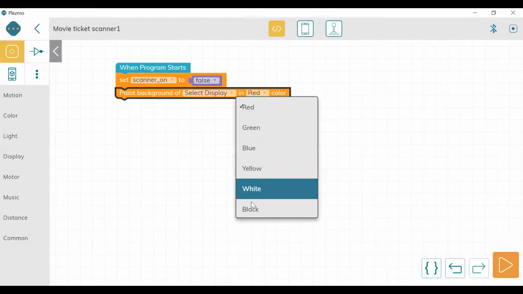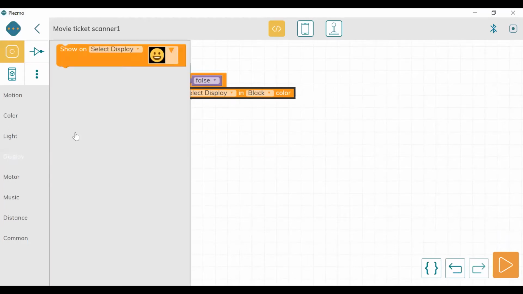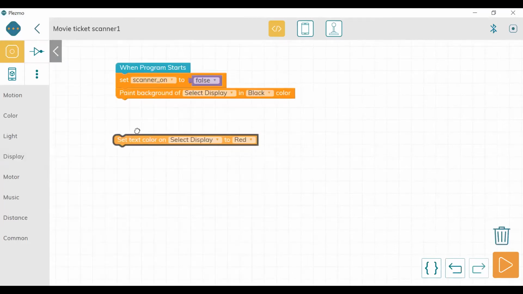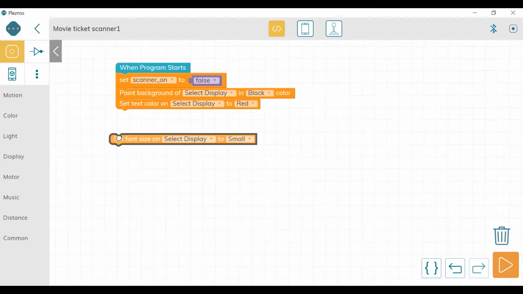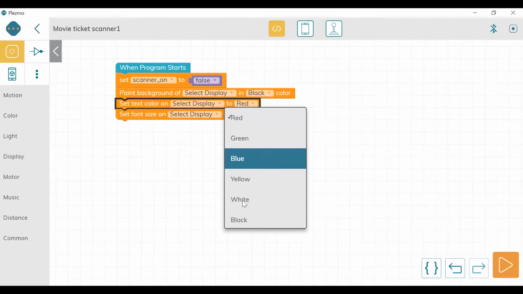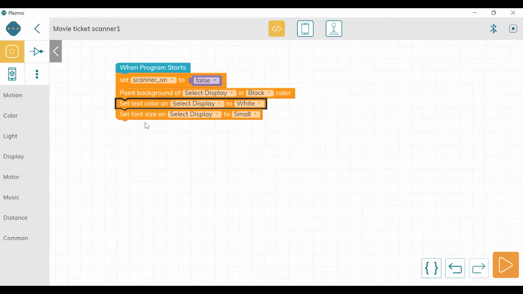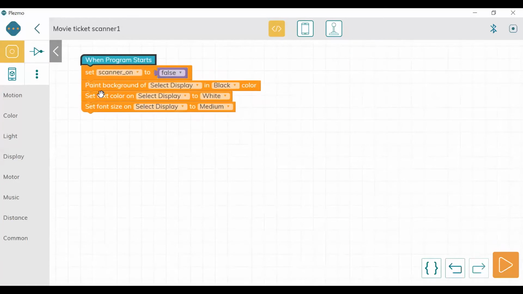We want a black background, and we are going to set the text font and the text color also. I prefer text color as white, and for size we will take medium. These are the few changes we are making to the text which is displayed on the display element.